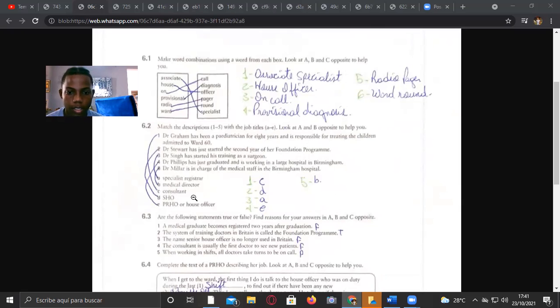Second is the SHO. Dr. Singh has started his training as a surgeon. Is a specialist registrar. Dr. Phillips has just graduated and is working in a large hospital in Birmingham. It is support when